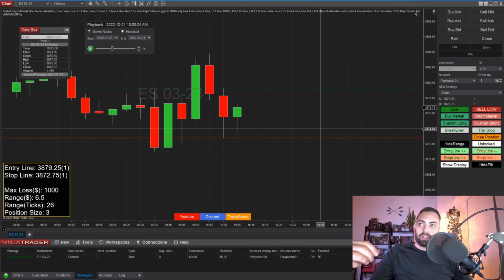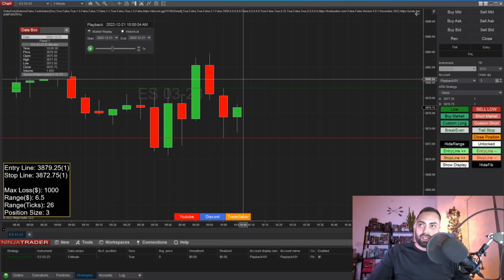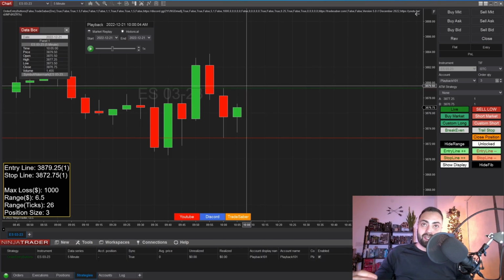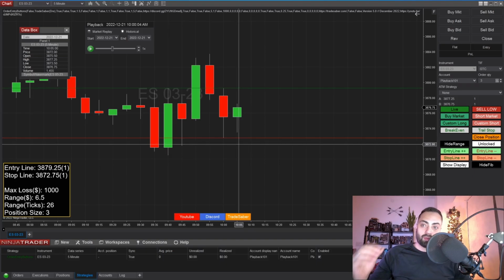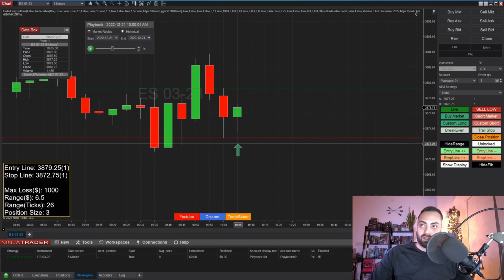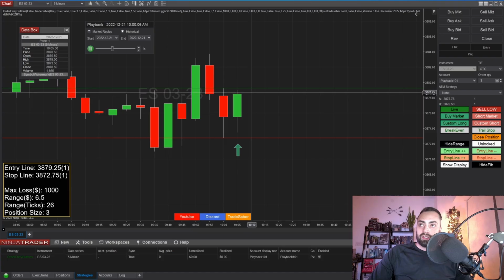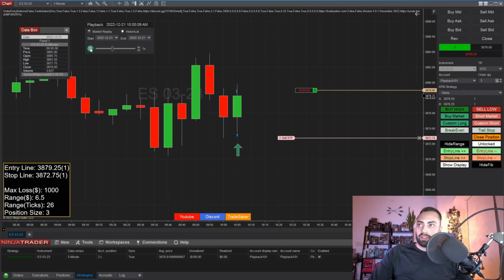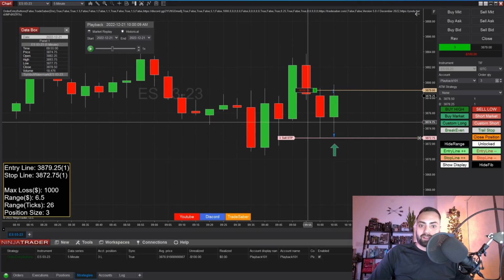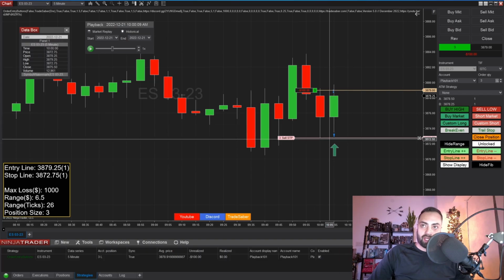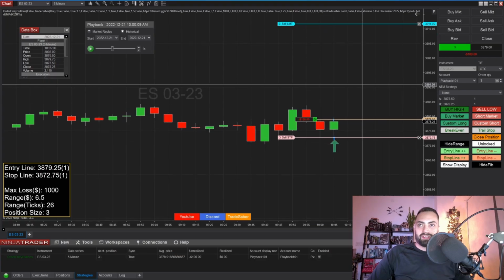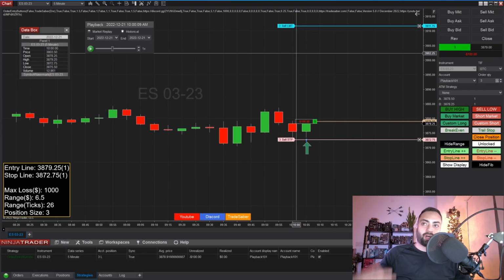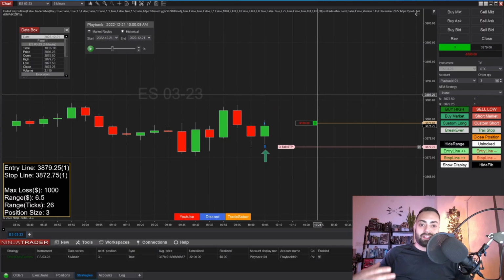Hit buy high, and you will see a green line. The green line is now your entry, and the red line is going to be where your stop is going to be set once you enter into a trade. So we'll hit play, and once it reaches this price, submitted. It enters you into the trade. It sets a stop right at the bottom of that candle that we had selected, and your profit, I have it set a little bit higher, but it automatically sets your profit as well. And if we were to go short,